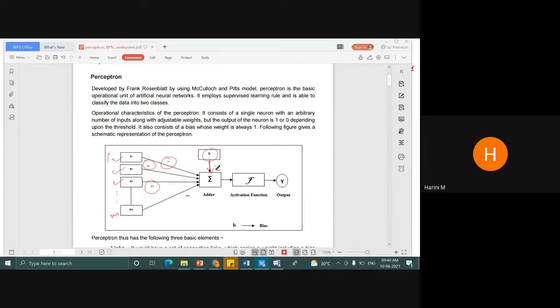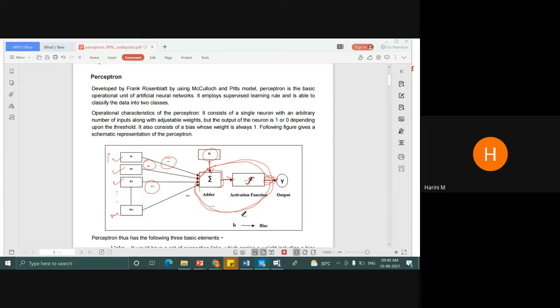So the first thing I'm going to do is the summation part, which is your adder. This entire thing is your neuron. This is your circle, the actual circle. Everything is happening inside this neuron. You have the adder part, that is your summation work. You combine everything, and then that value is applied to the activation function. This value is passed on here. So here you perform the comparison, and then based on that you give the output. Okay, so this is the structure of a perceptron. Hope you guys are clear.